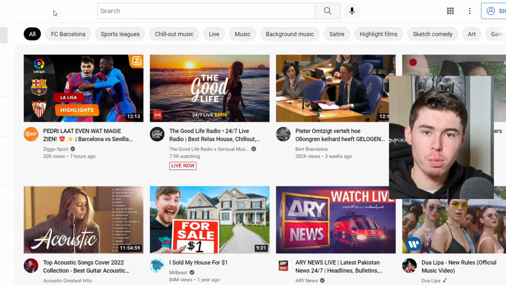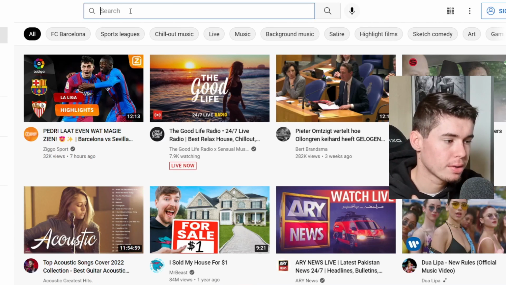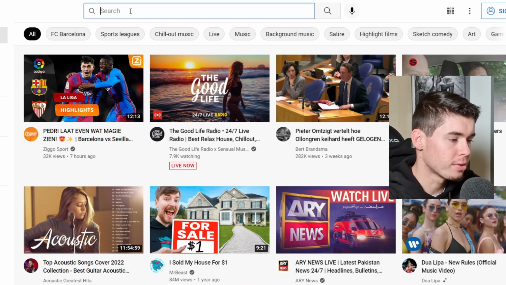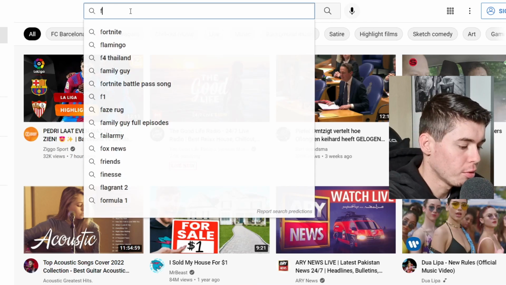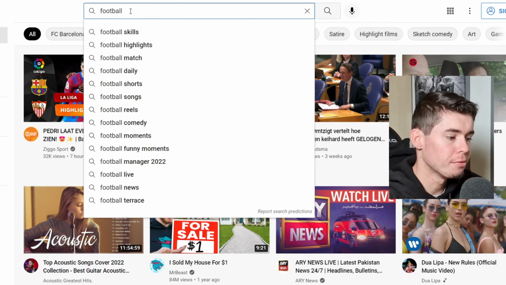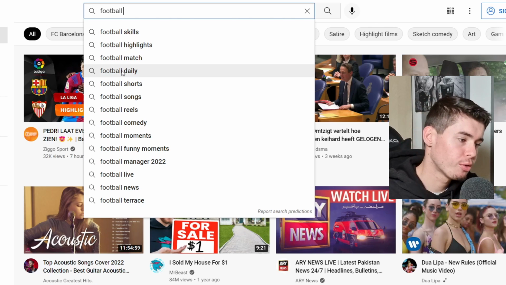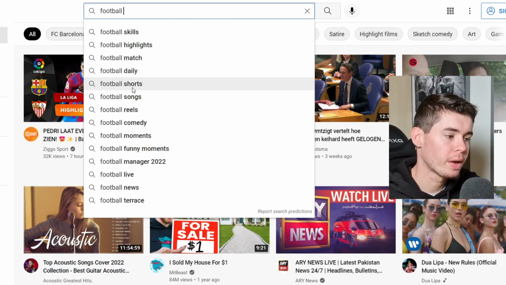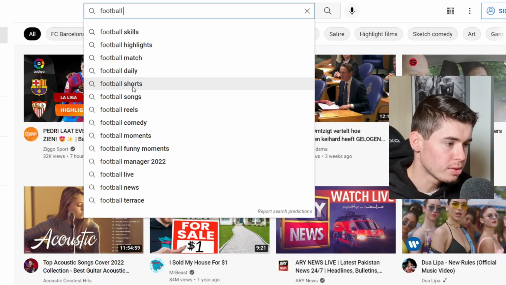Then we've got the search bar. I've already briefly touched on that. How you can use the search bar is simply by typing in keywords and then looking at the predictions that YouTube comes up with. For example, I've already shown you one of these. If I type in football, I'll get all of this stuff. So you just want to play around, search for a couple of things in order to find a niche. It's just about getting ideas out there, getting the data. So simply start searching for stuff.